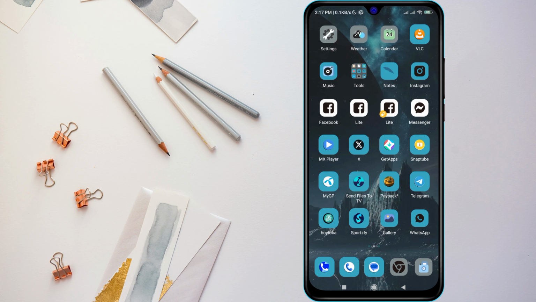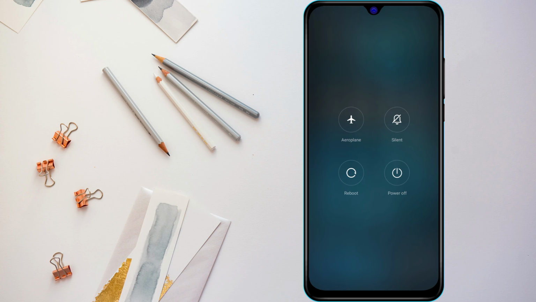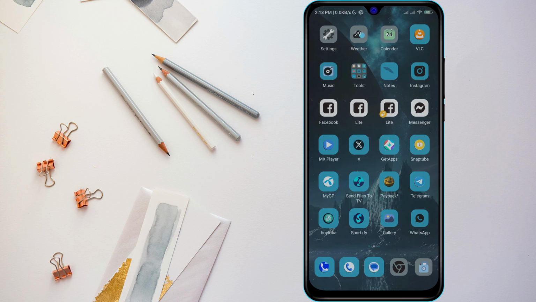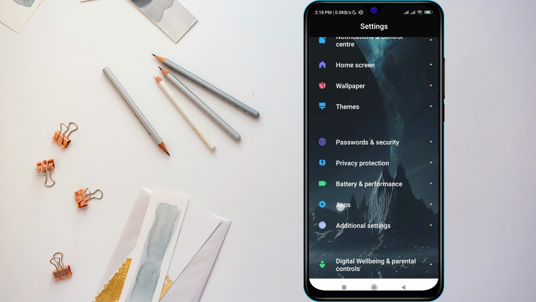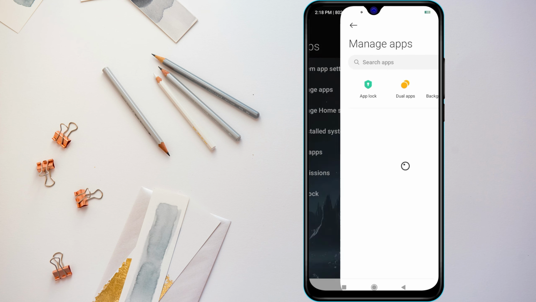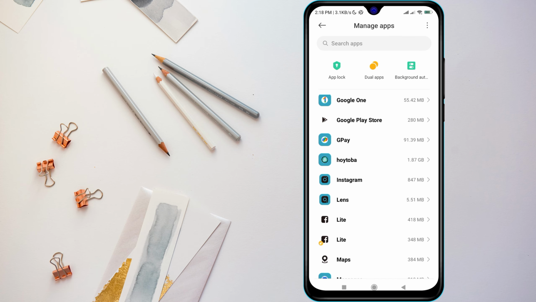If Instagram keeps crashing on Android, here's how to fix it. First, restart your phone. This simple step can refresh system processes and fix temporary glitches. If Instagram still crashes, force stop the app by going to Settings, Apps, App Management, Instagram, force stop, then reopen